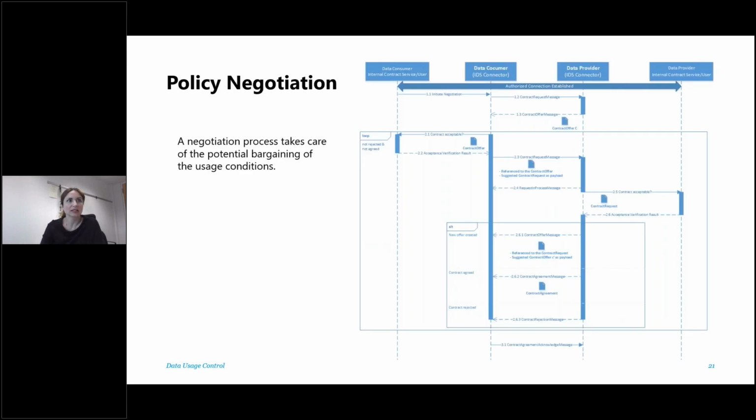But negotiation can be a bit more complex. It can be that a data consumer starts the negotiation process, but demands slight changes to the contract offer. So says that I actually want to use the data for a longer time. I want to use it for other purposes as well. So these policy classes that I mentioned before are potentially places where the data provider and data consumers can negotiate